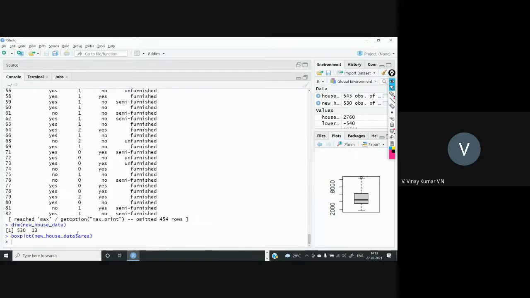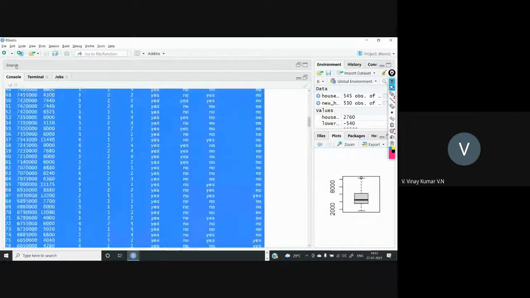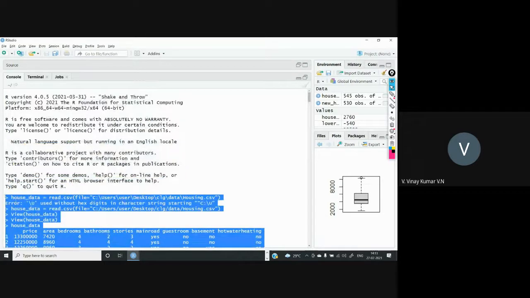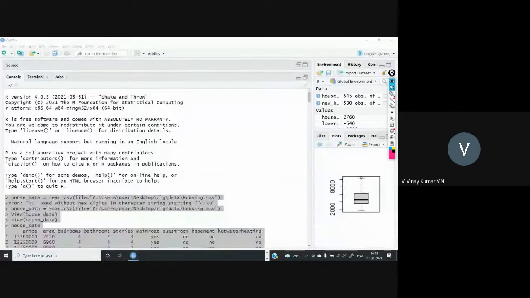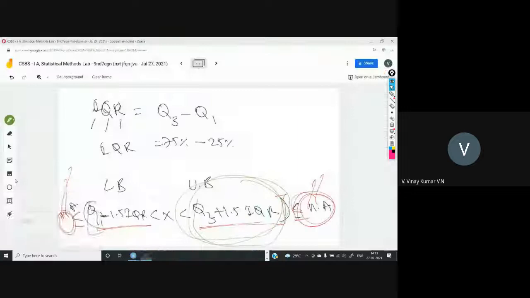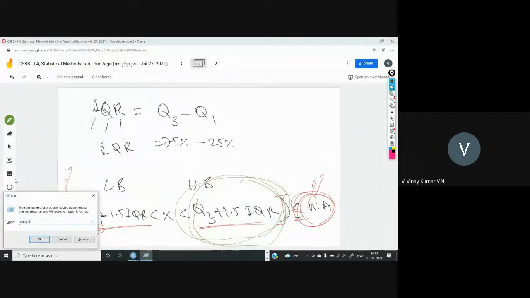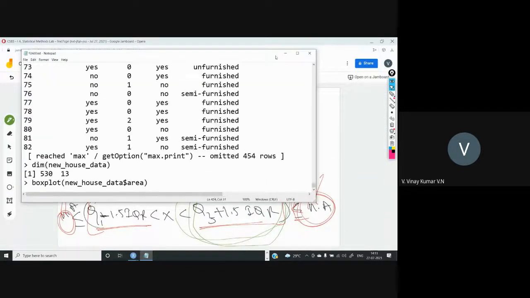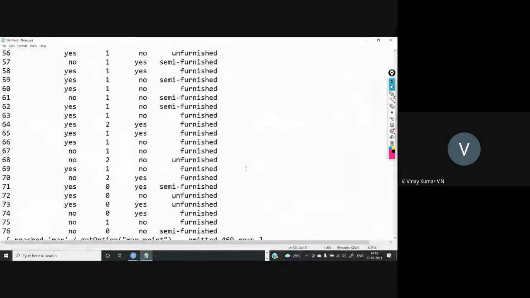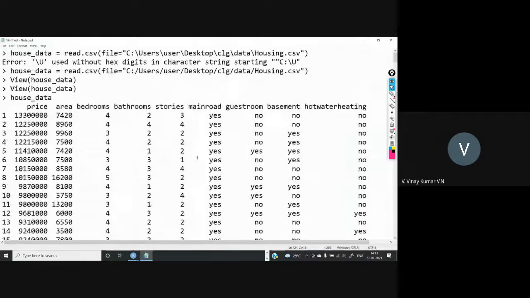So I'll copy this entire content and keep it in one notebook. Where an arrow mark appears, that is nothing but your command line. If the arrow greater than sign is available before it, that is your command line.